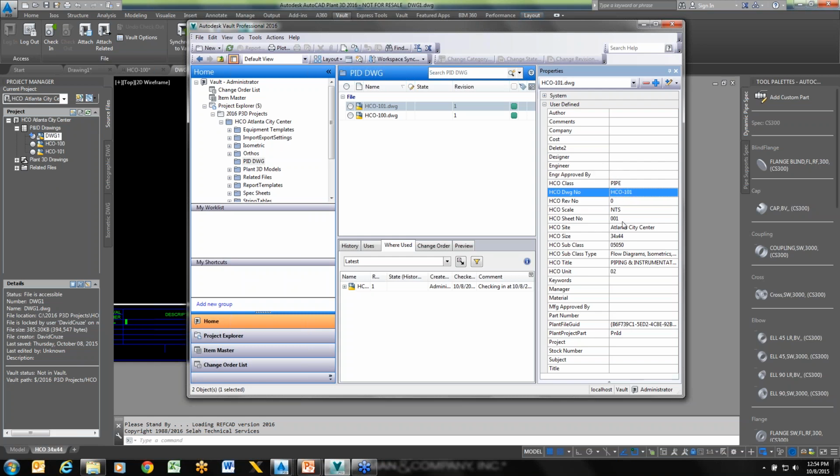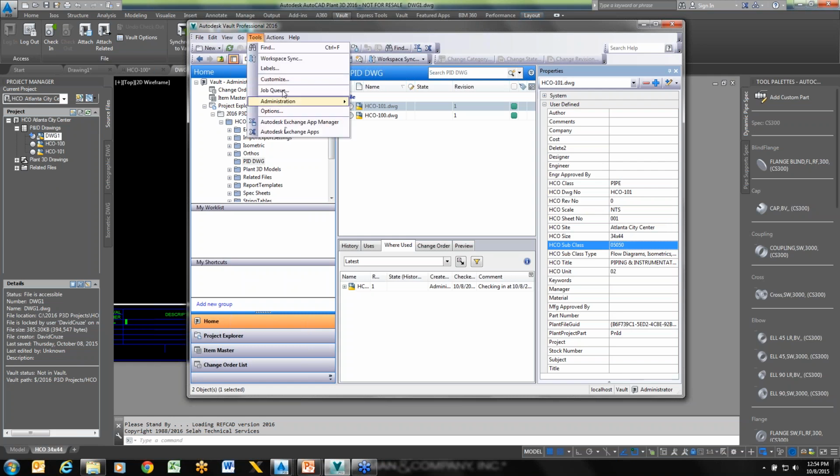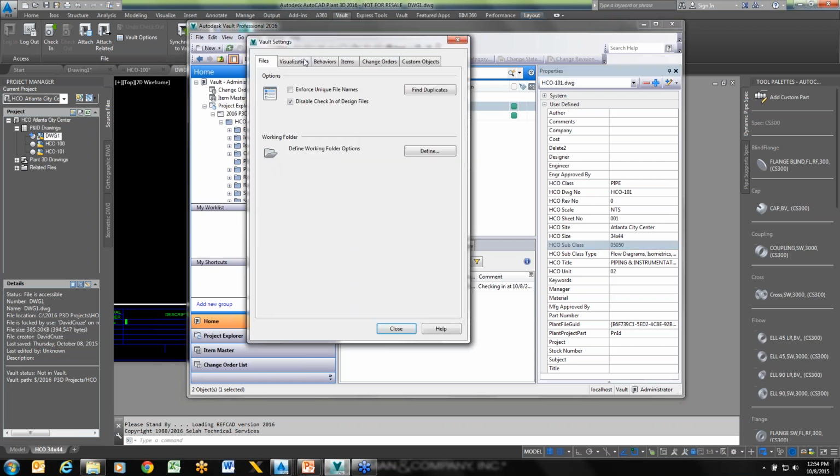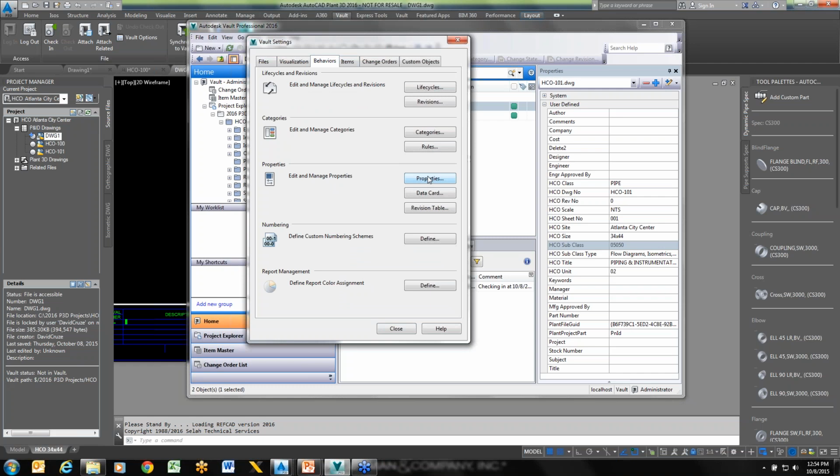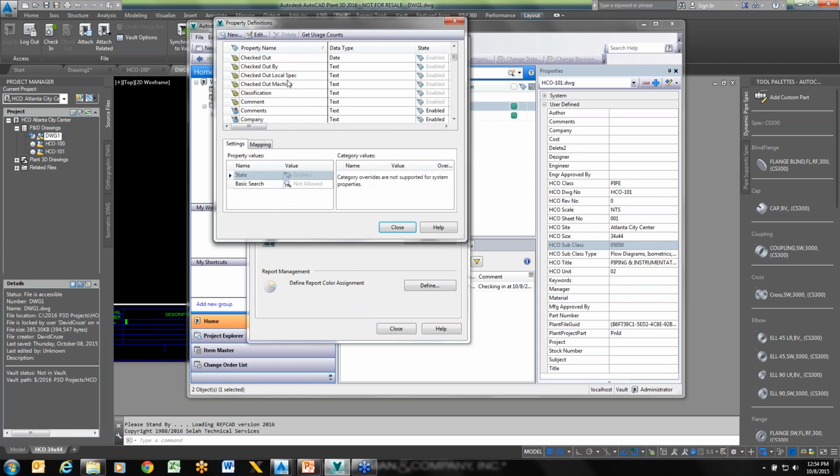But I did want to show you that these properties are being pulled in when you check the drawings in to Vault. Those values are written, searchable, reportable, and again, when you set up the properties, I do want to show you this. If I come over here to the Vault settings and go into the properties, you'll see you want to make sure that if you have any properties that you need to track, whether you're looking at the plant connection tool or not,